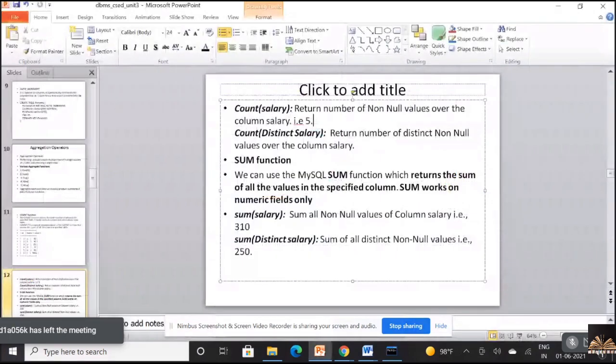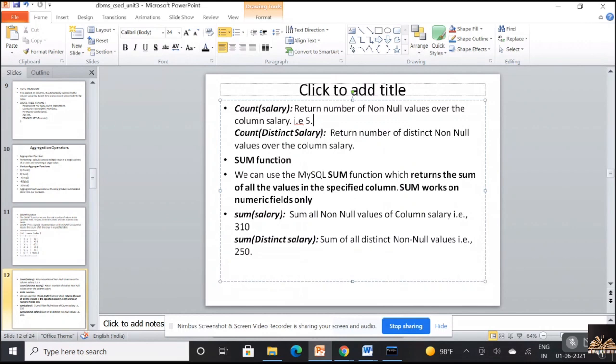Okay. Now, the second function is sum. Whenever you want to display the sum of values of a particular column, you can use the sum function. We can use the MySQL sum function, which returns the sum of all the values in the specified column. It usually works with numerical fields, because you cannot sum up character data.